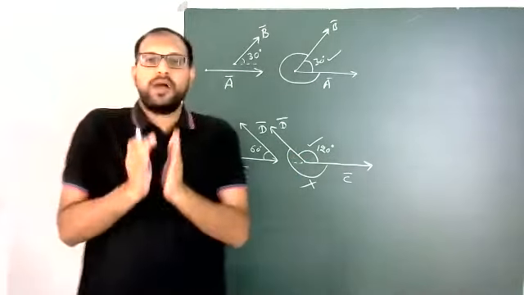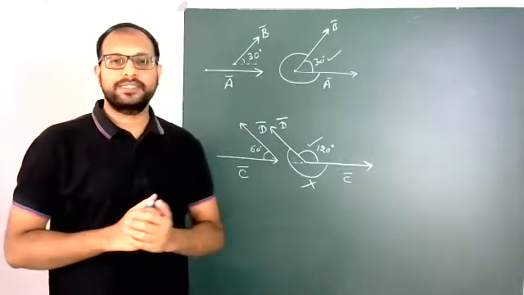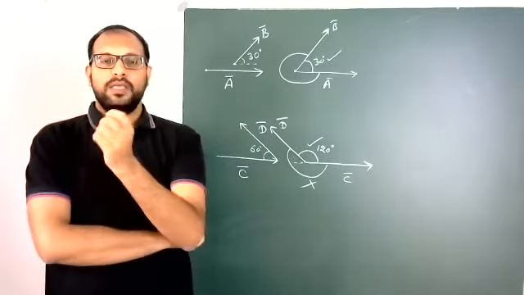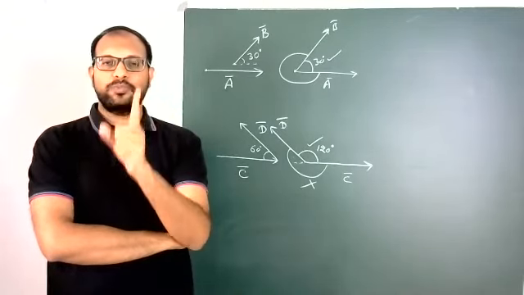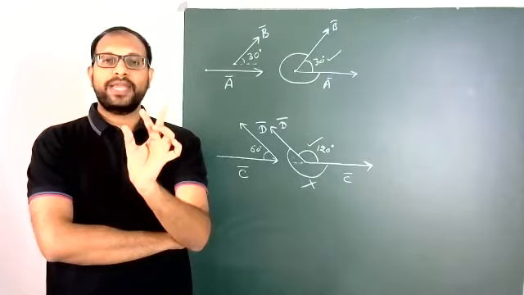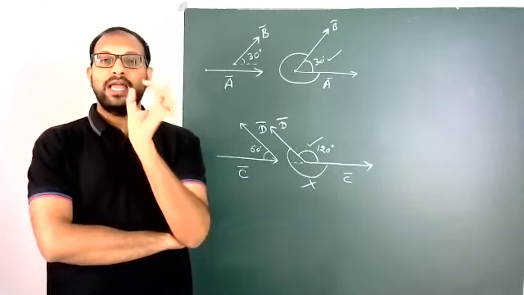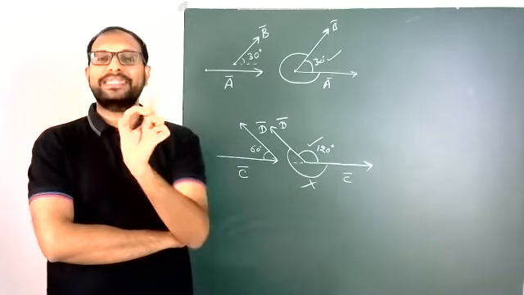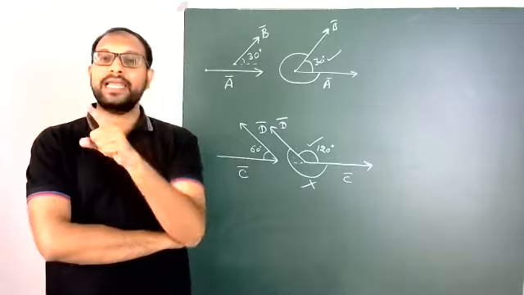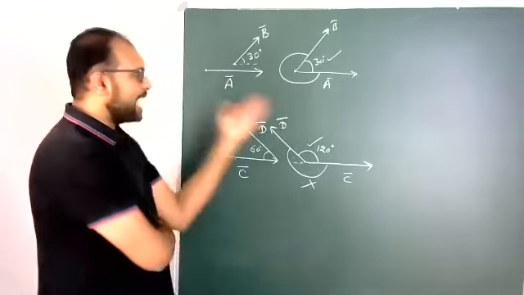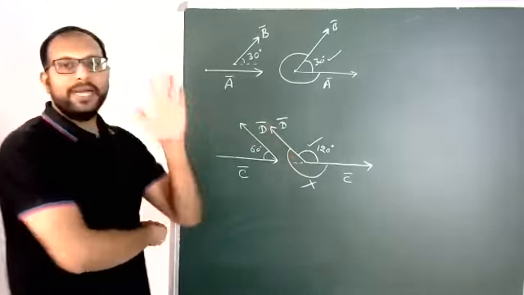So students, this is a small topic but useful in many places, that's why I spent some time. Now, the angle between any two vectors: first point, the two vectors should start from the same point, meaning their two tails should be in contact first. Then later you need to find the angle in between. So this is the angle between two vectors. Identification is easy but more important, right?